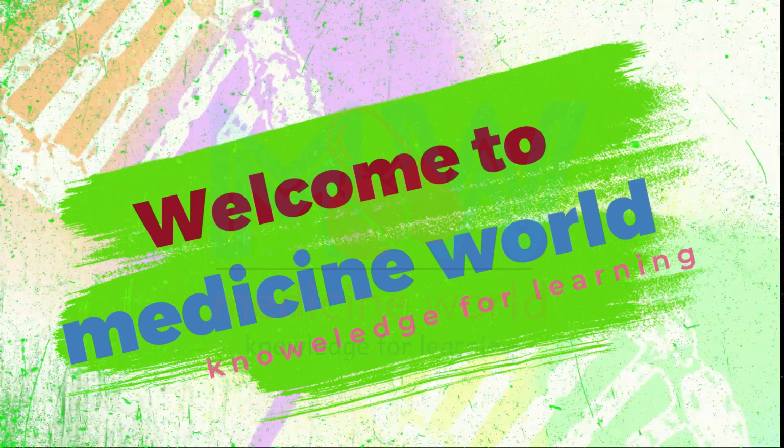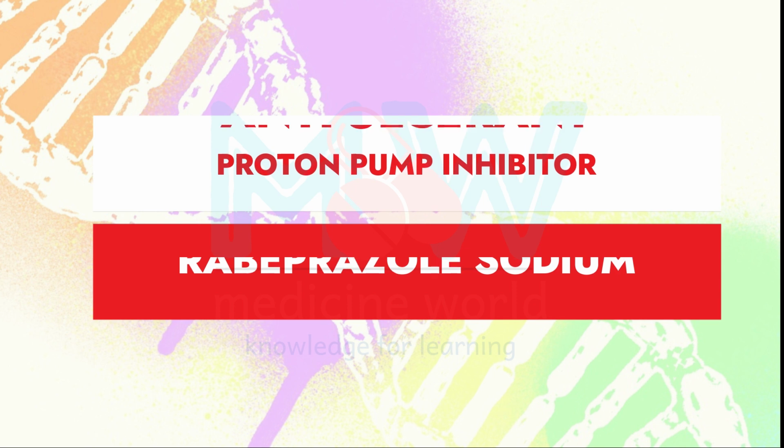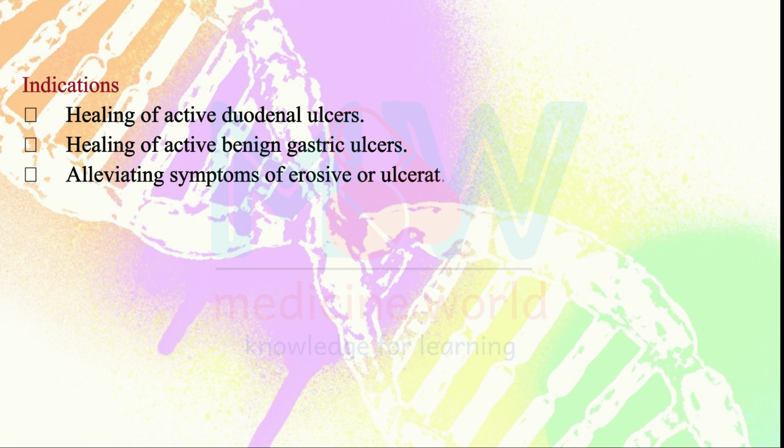In this episode, we will discuss the anti-ulcerant Rabeprazole, therapeutic class proton pump inhibitor. Let's start. Keep watching. Rabeprazole is indicated in healing of active duodenal ulcers, healing of active benign gastric ulcers, alleviating